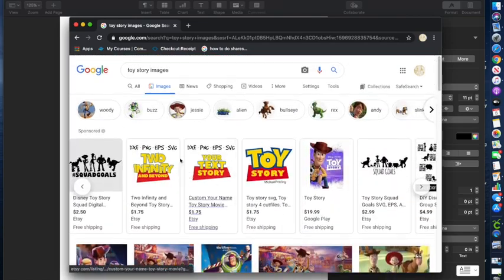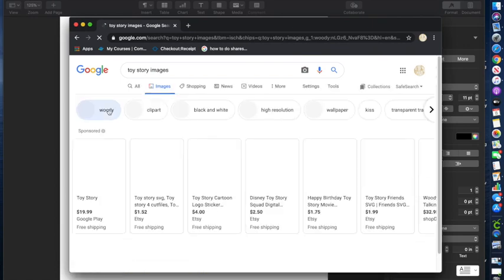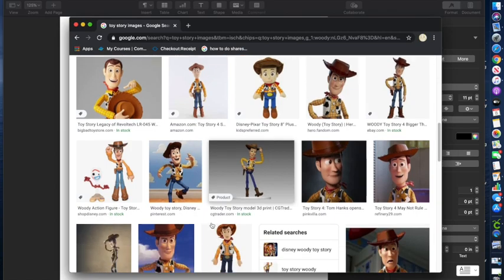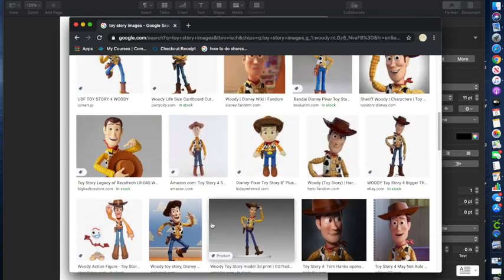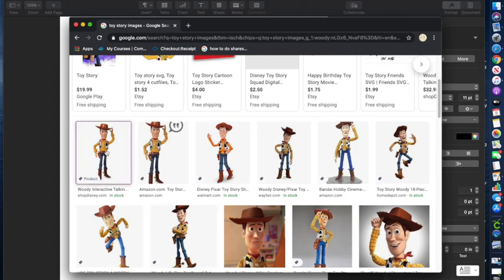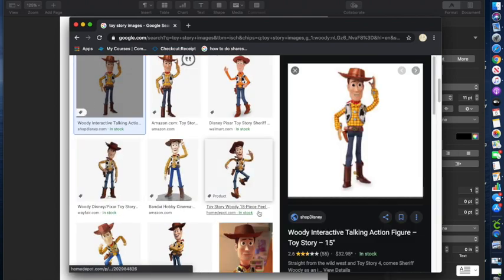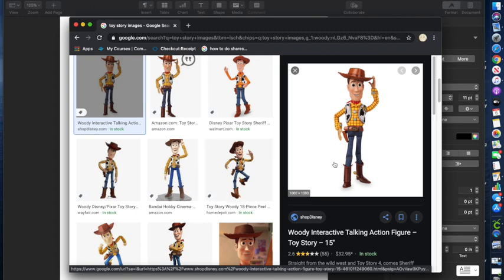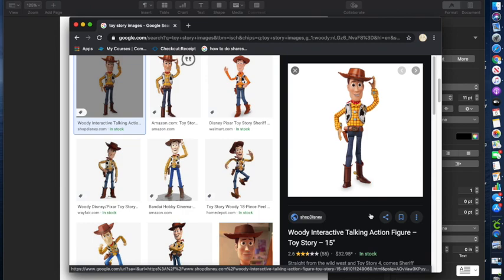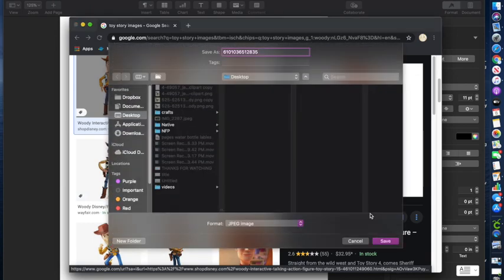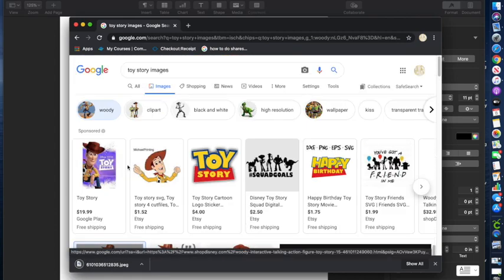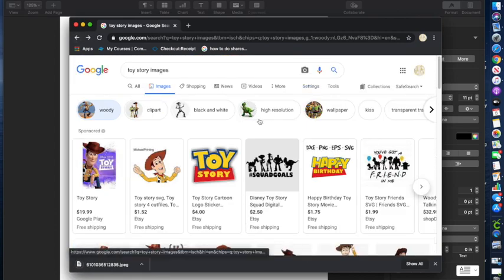So I'm going to try to find some Woody ones here quick. I'm going to go images. Let's see. So I'm just going to pick a couple of random ones here. Just want to make sure that they're not too blurry. So save image. We're just going to go ahead and save it to our desktop. We'll pick some other